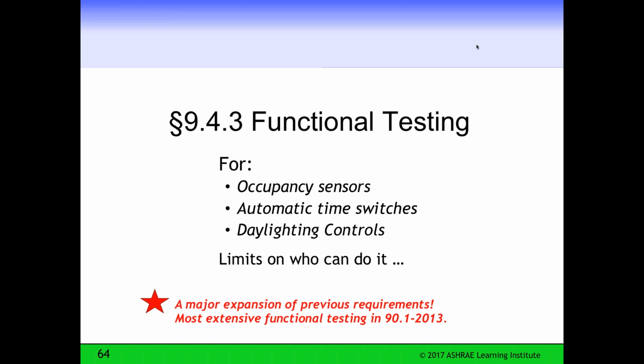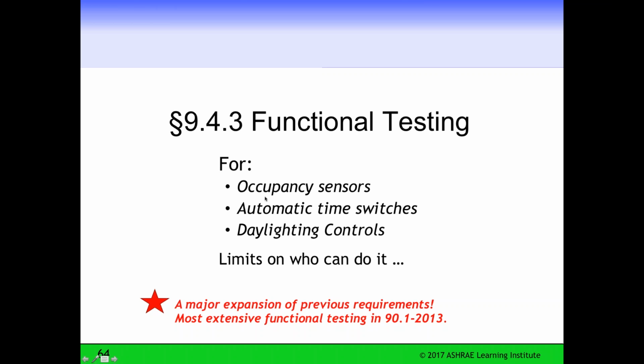Okay, so we've just covered the lighting control requirements included in 90.1 2010, 2013, 2016. There are subtle differences in each of the variations over time, but since 2010, there has been a major addition to lighting control requirements. I expect to see much more of this type of requirement in all sections of 90.1 in the future, but for right now, you have a functional testing requirement during construction: somebody has to come in and perform functional testing of the lighting control requirements.